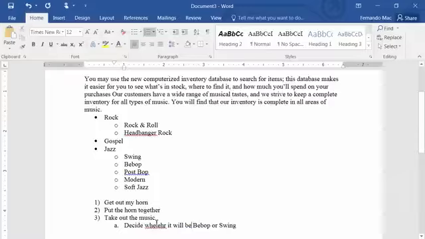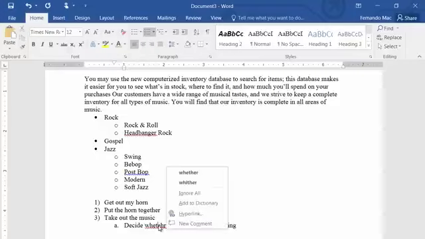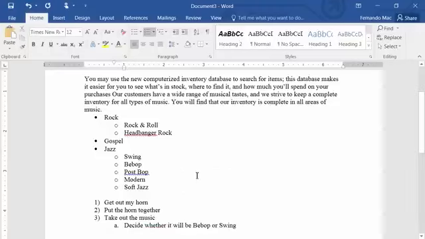Also, you might notice the red squiggle here. That's my spell checker running. I'm going to right-click on that word, and it offers me other words that I might have meant, and I can click on, yeah, this is the one I wanted. Lovely spell checker there. Now, when I hit the Enter key, it assumes that I want another one at that level,